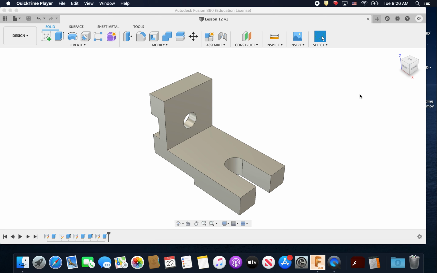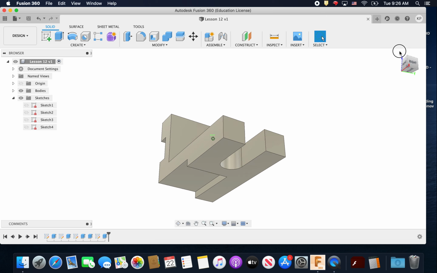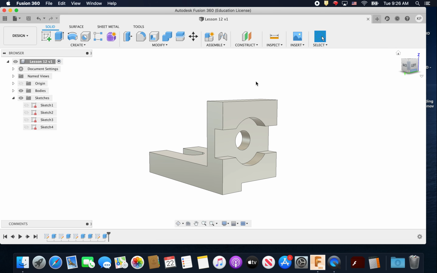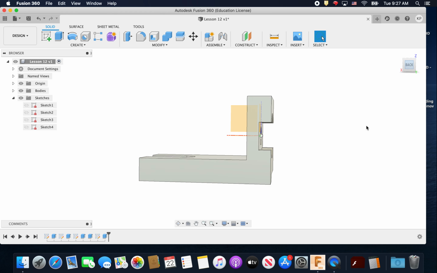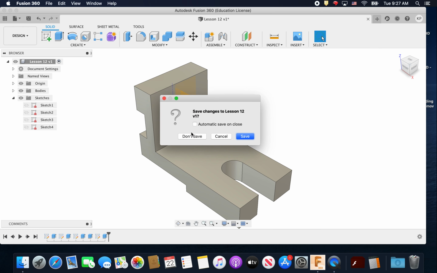I thought it'd be a good idea to show you kind of where we're going to be going with this one, just because it will help you see why we're going to be doing things the way that we're doing them. So with this one, what we're trying to do is we want to make sure that the origin is centered in here, but it doesn't make sense to draw a cutaway first. So we're going to do a few tricks to make sure that it stays lined up in this side view here. So starting a new drawing,